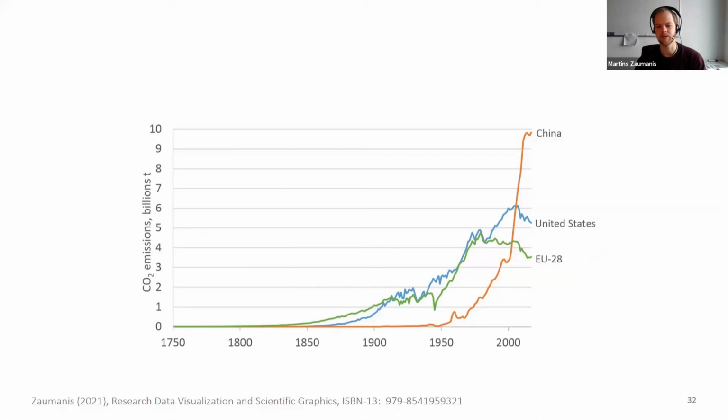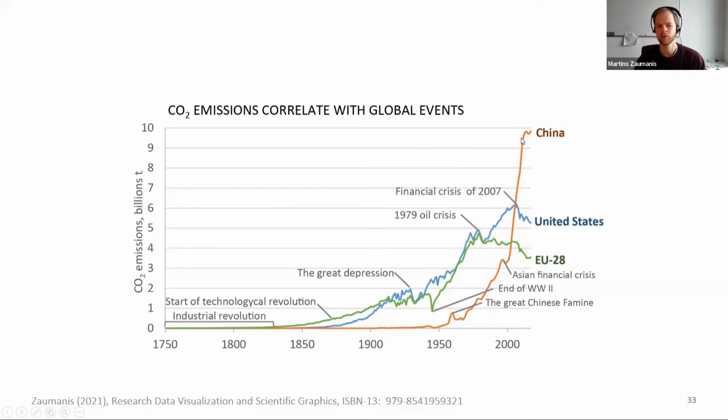So here is an example of a chart which shows the CO2 emissions in different regions of the world. What we see here is that the emissions are growing overall, and at the end, around 2000, China is overtaking the rest of the world. But that's about it that we see here. If I put